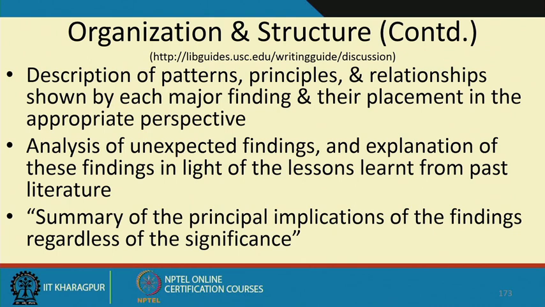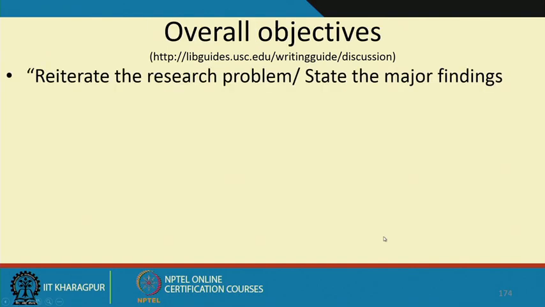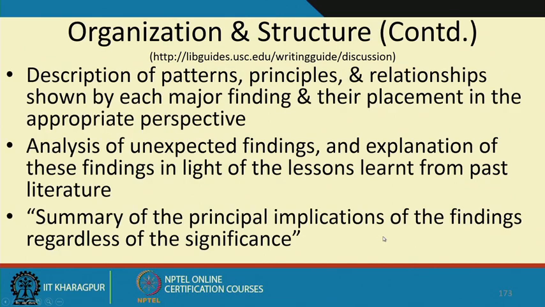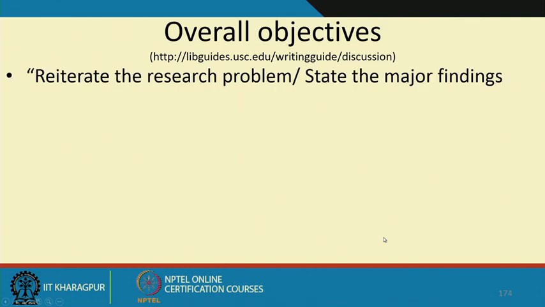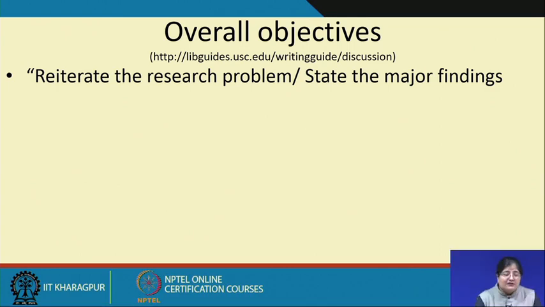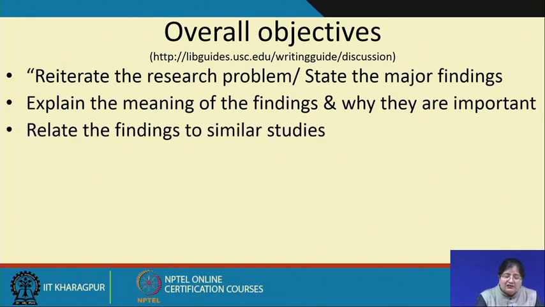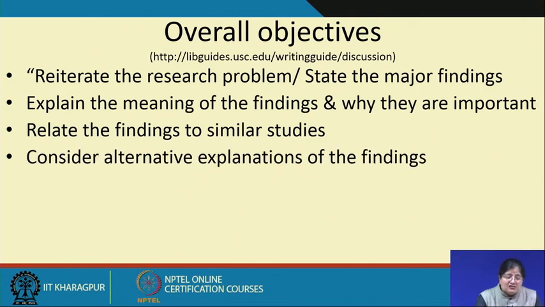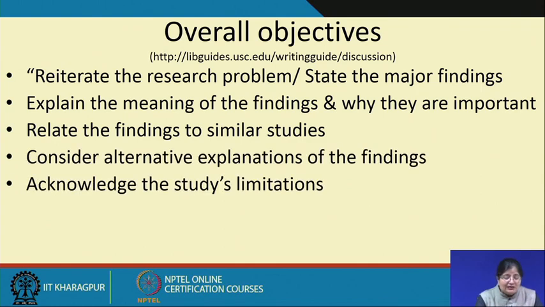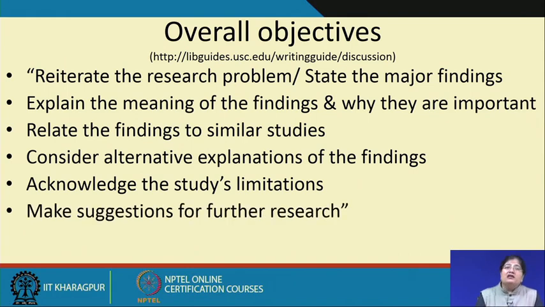Summarize the practical implications of the findings regardless of the significance. Overall objectives of this section: you reiterate the research problem, you state the major findings, you explain the meaning of the findings and why they are important, you relate the findings to similar studies, consider alternative explanations of the findings and acknowledge the study's limitations and make suggestions for further research on the basis of